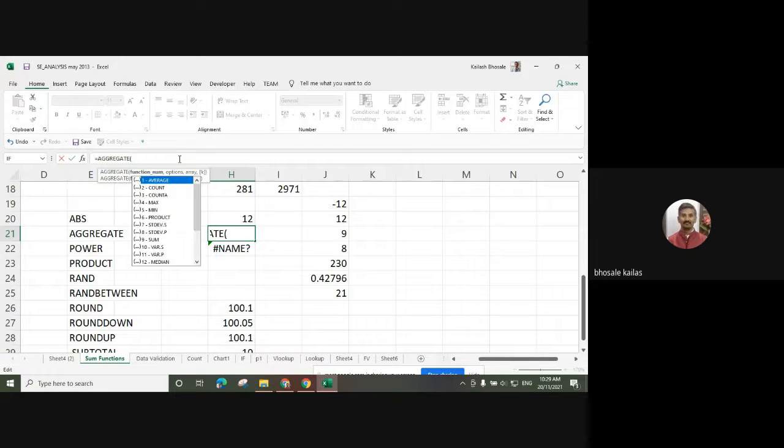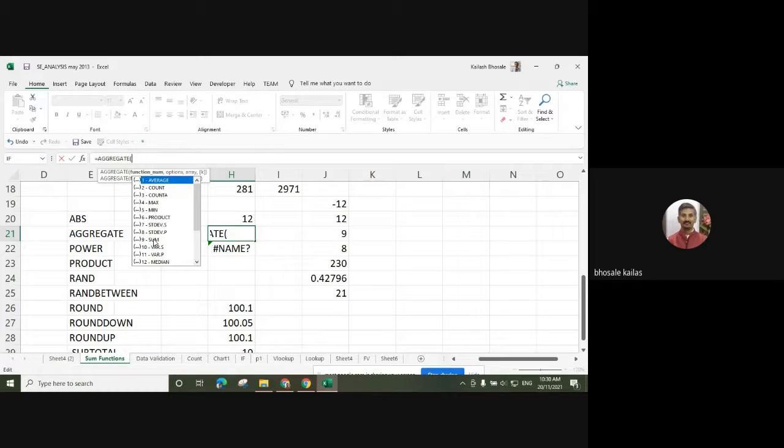There are many functions available. I want to make the summation, or the average, then count, COUNTA, maximum, minimum, product, standard deviation of the population. For that purpose, there are many options available. So we can use the aggregate function.